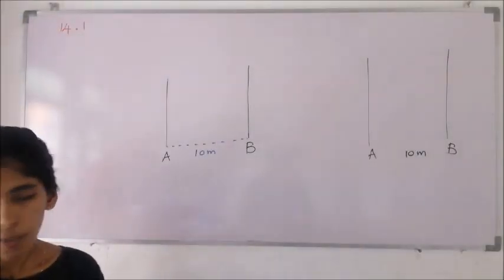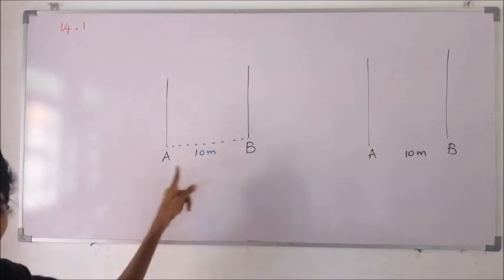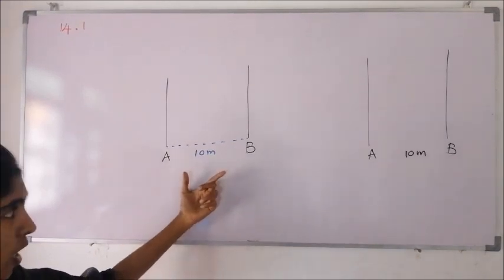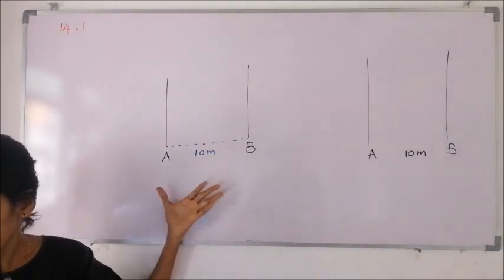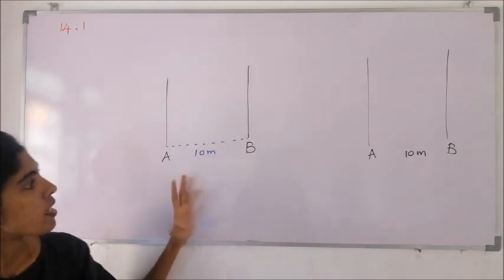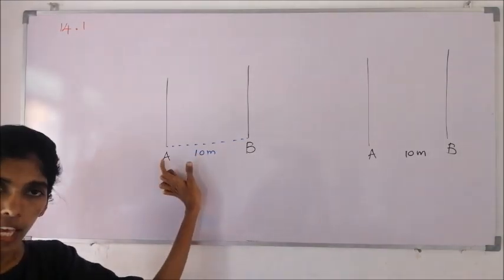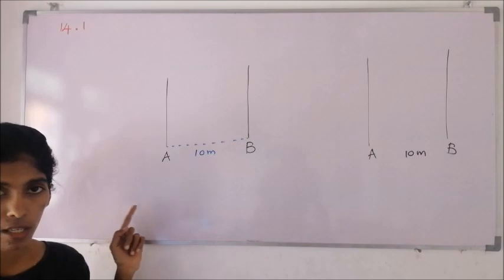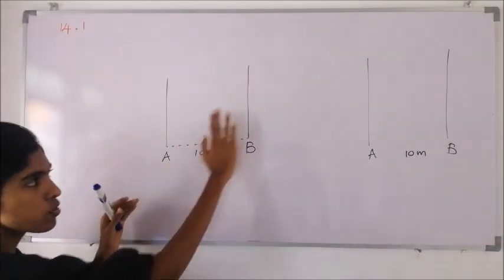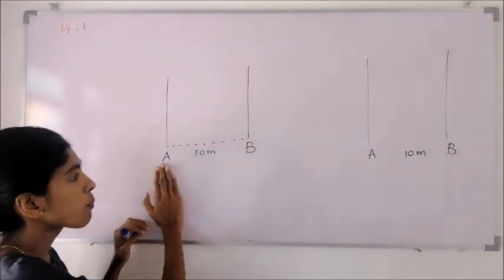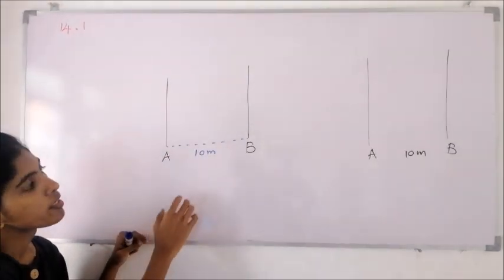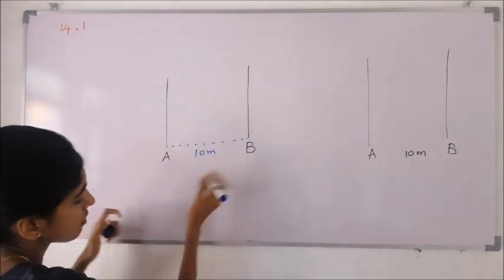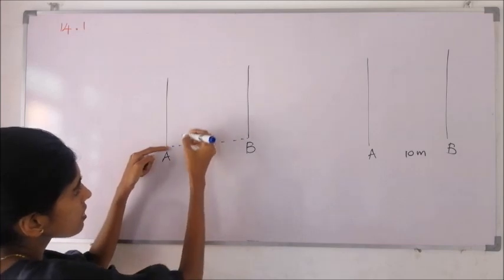Now children, in your fourth question, you are given 2 lamp posts named A, B with a distance of 10 meters. Now you are going to fix another lamp post named C 6 meters away from A and 8 meters away from B. 2 different lengths are given to both the points. So we will take it like this. From point A, you forget about this point B for a moment. From point A, 6 meters away, that means it's a little shorter than the other one.